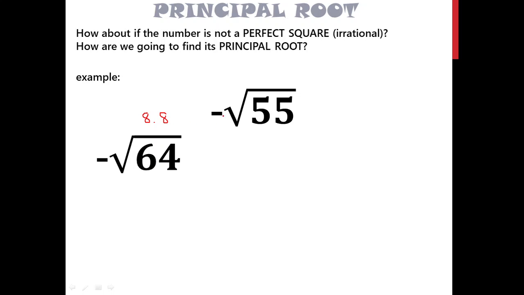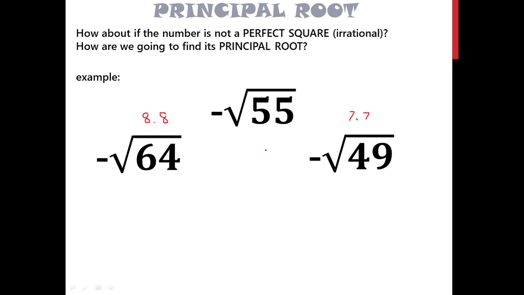Remember, this one is a negative number, so this must be the smallest number. Okay? Then we have 7 times 7. These are the perfect square numbers, which 55 is in between. Okay, so it's in between the square root of 49 and the square root of 64, which is 7 times 7 and then 8 times 8. Okay, so square root of 55 lies between 49, the first perfect square number, and the next perfect square number is 8 times 8.